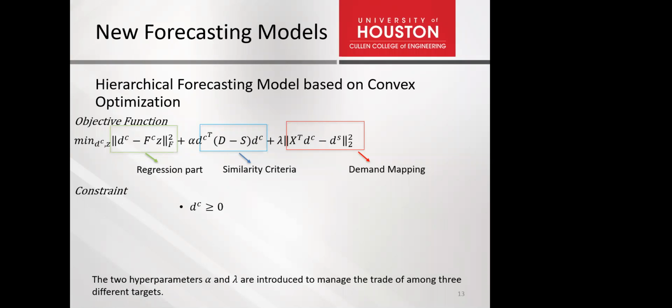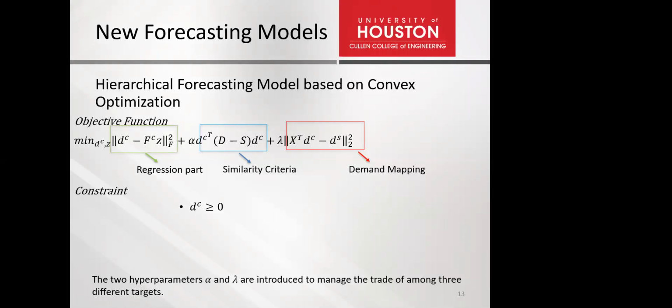And the second part, what we are trying to do is, since different census tracts have different features, based on these features, we can see if two census tracts are similar or not. Based on the literature, we have seen that census tracts with similar features tend to have similar delinquency. So this second part is basically the similarity criteria, which we have simplified through some mathematical manipulations, which represent that if two census tracts have similar features, they should have similar census tract